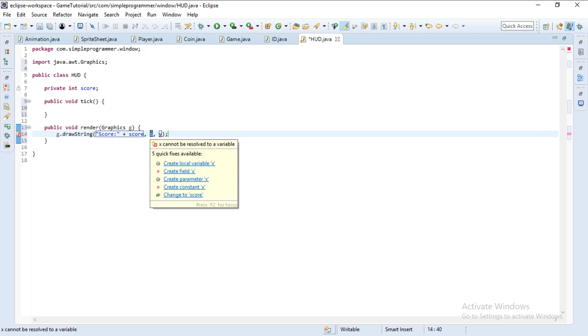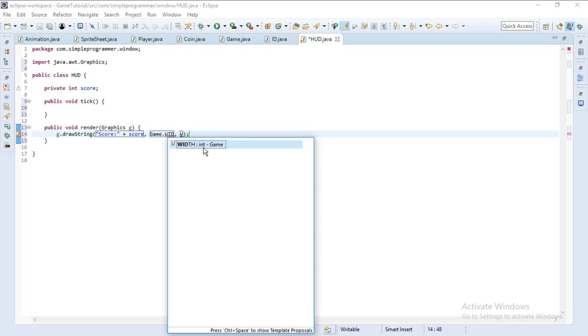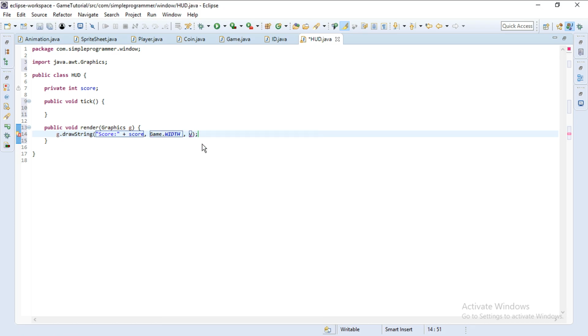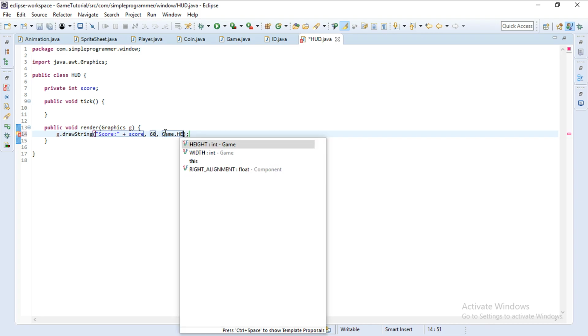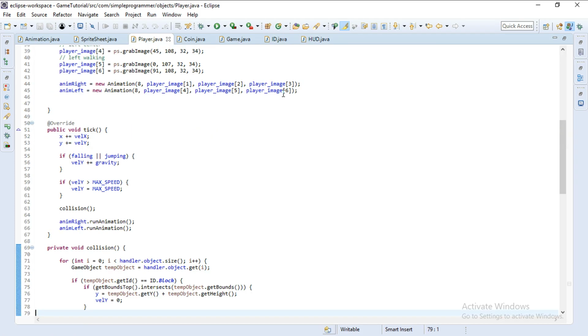And our x and y, let's try Game.width minus 60. Wait, not minus 60, sorry, let's try 60, and here, Game.height, let's try minus 60. And that won't ever do anything, because first we have to, in our player,